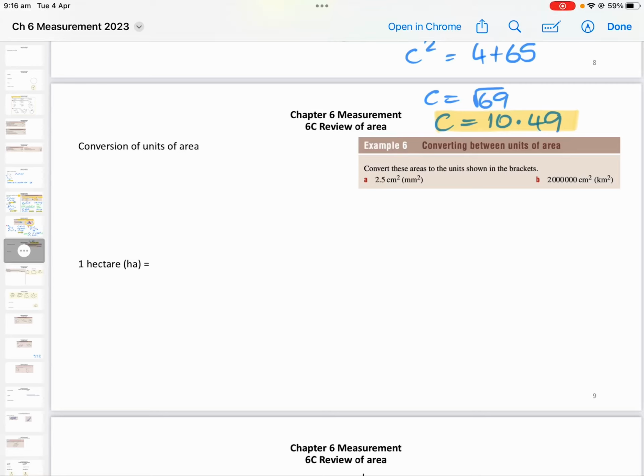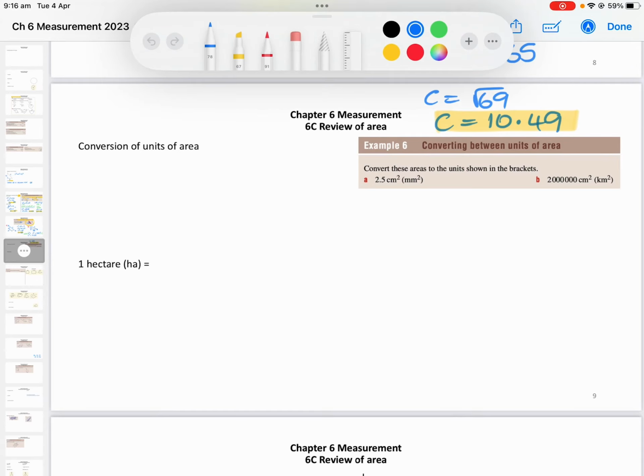Let's have a look now at changing units of area. So we've done units of length, but let's have a look at units of area. So with area, our smallest one is going to be millimetres squared, and then centimetres squared, metres squared, and kilometres squared. So when we go from millimetres to centimetres,